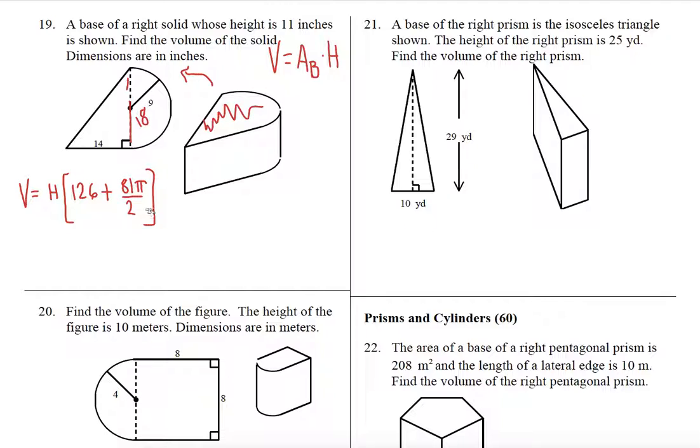Let's see, I'm going to change my h over here to the height, which is given. The height of the solid is 11 inches. So I'm going to erase this h. Whoa, I just erased like everything. I'm going to change the h into 11. And then I can distribute the 11 to the other terms. So I'll start by multiplying 126 times 11, which is 1386,